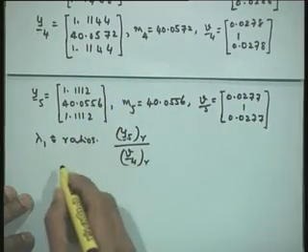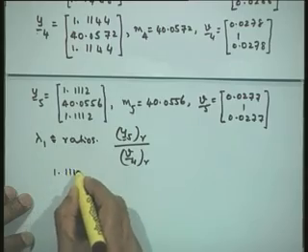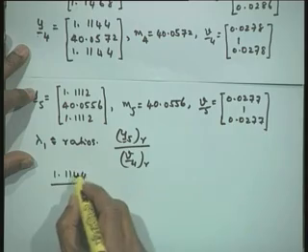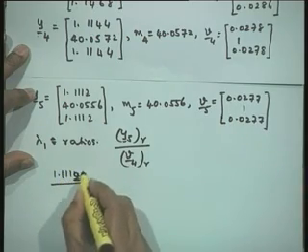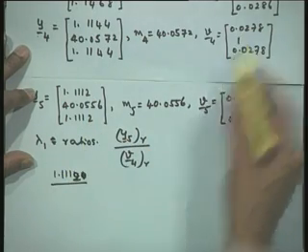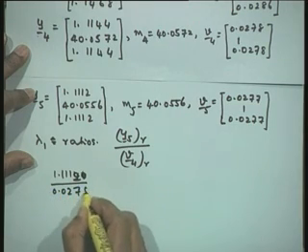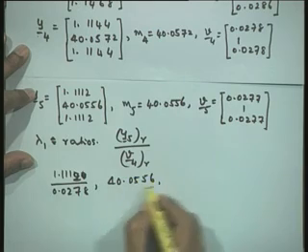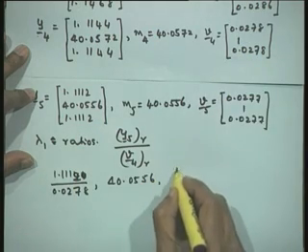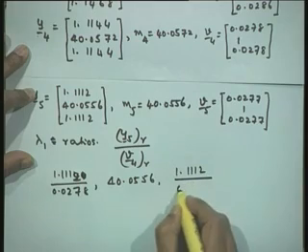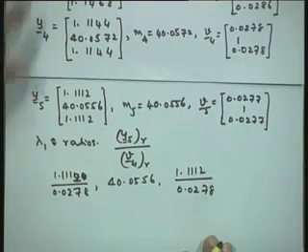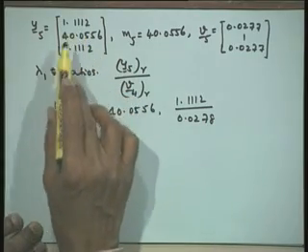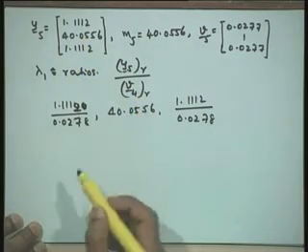That is 1.112 divided by 0.0278, and 40.0556 divided by 1, and the third one is 1.112 by 0.0278. This is the ratio of the component of the present Y and the previous V, that will give these ratios,